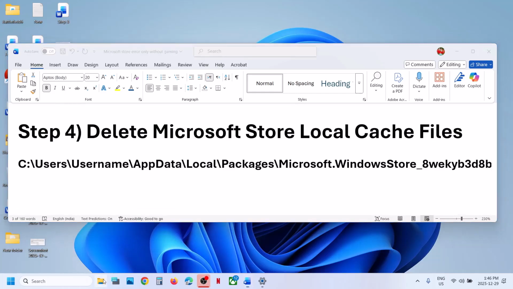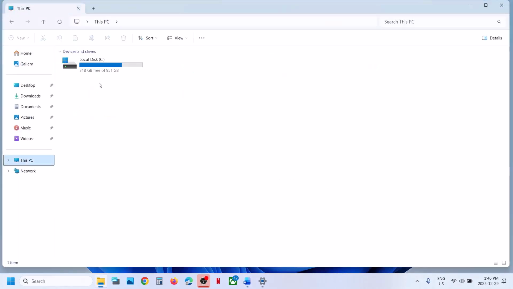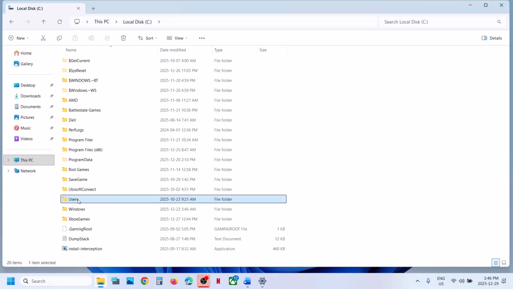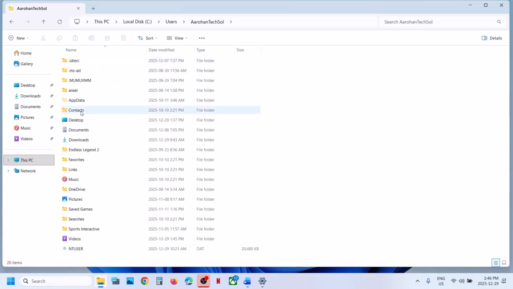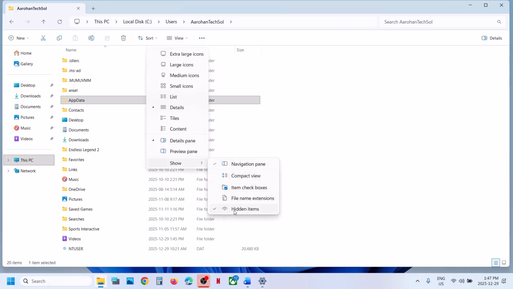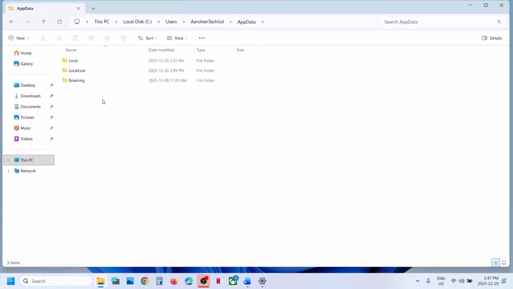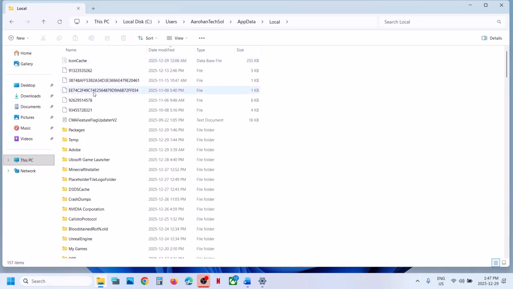Now for this, open File Explorer, go to this PC, open C drive. Now open users folder. Now open your username folder. Now open AppData. If you don't see AppData at the top, click on view, select show, put a check on hidden items, and then open AppData folder. Open the local folder, and then